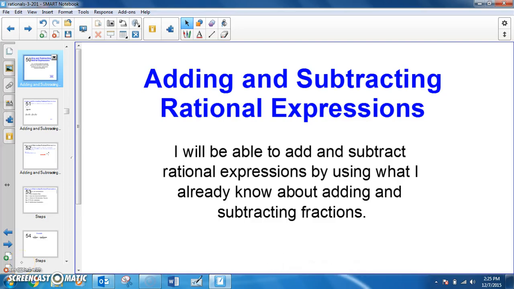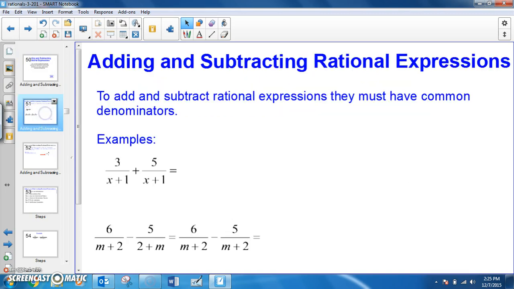We're going to add and subtract rational expressions. In order to add and subtract rational expressions, we need to have a common denominator. That means the denominators in both of our fractions are the same. In these two examples, we have common denominators, so what we do is keep our denominator and just add our